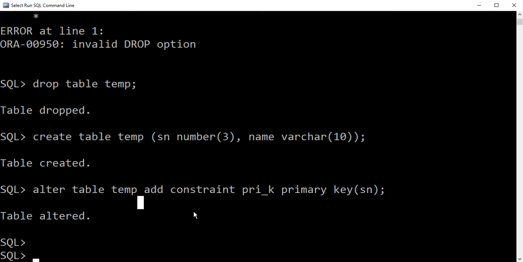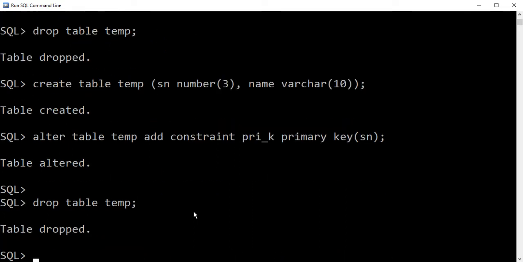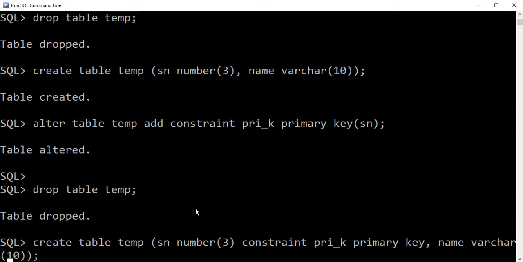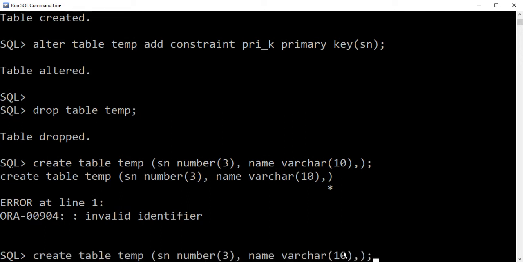Okay, so for the next method we have dropped the table again. Now we are creating the table again. This time we will be defining the constraint while creating the table. So for that, this is the best method: we must first declare all the attributes, as we have declared two attributes here. Next, what we can do after declaring all the attributes,